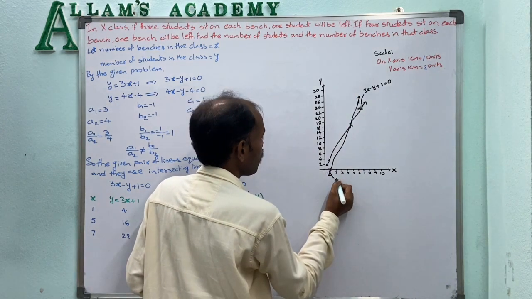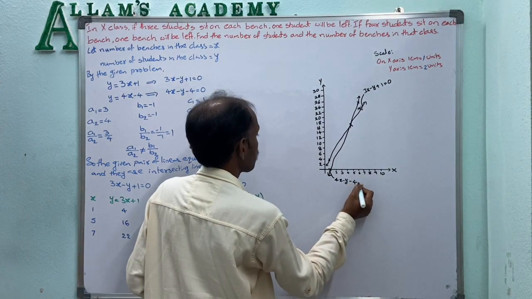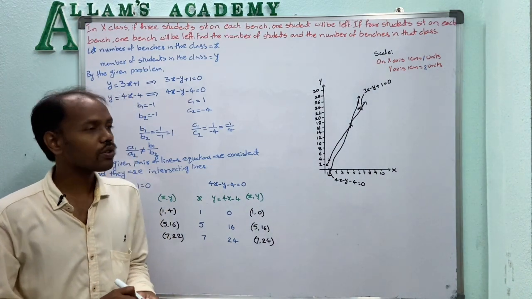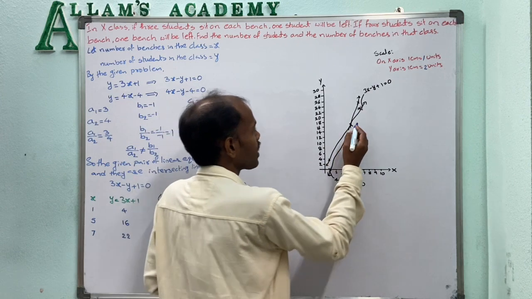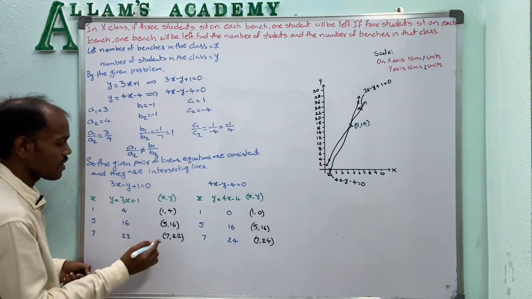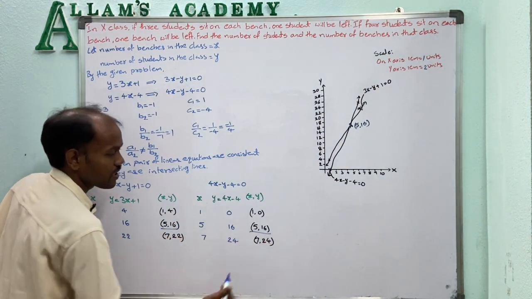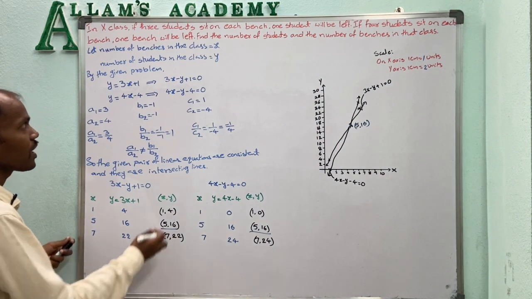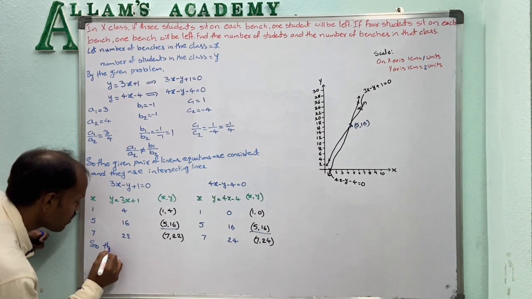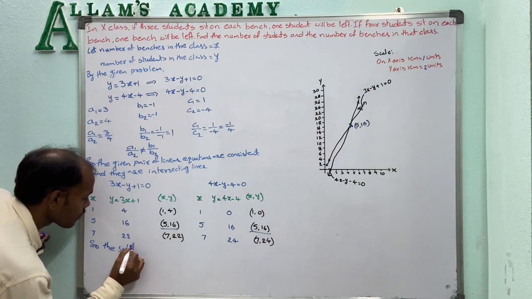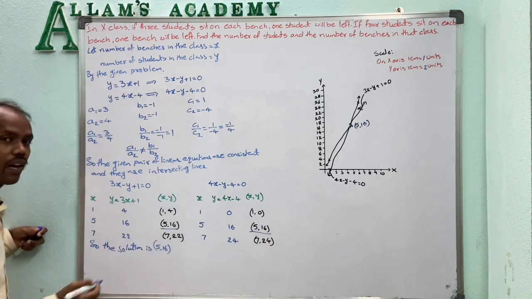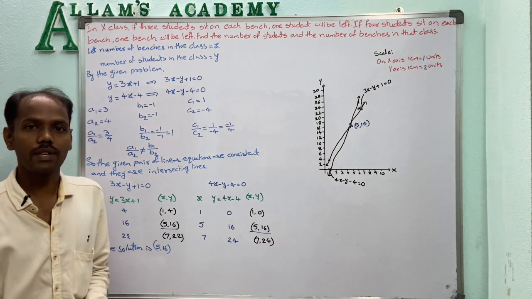And it is 4x minus y minus 4 equal to 0. Now if we observe, both lines meet at the point (5, 16). In the graph also, observe that (5, 16) is the common point. So the solution of this problem, for this graph, is (5, 16). Here 5 represents the x coordinate, 16 represents the y coordinate.